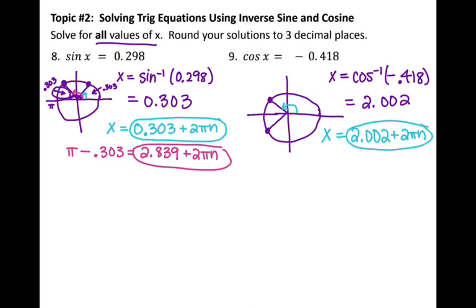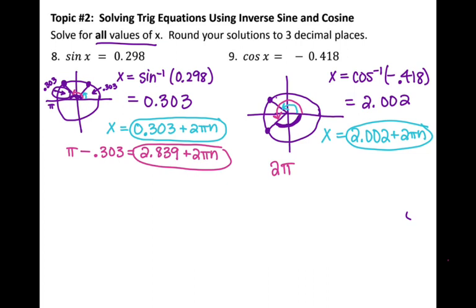Now the other angle measurement that I want to find, which again I'm going to highlight in pink, is that piece. Now what I know based off of symmetry is this angle measurement, I'm going to start coloring, is 2.002, which also makes this angle measurement due to symmetry 2.002 as well. So to figure out the pink, I'm going to get rid of those drawings. The pink is going to be 2 pi minus this piece right here,